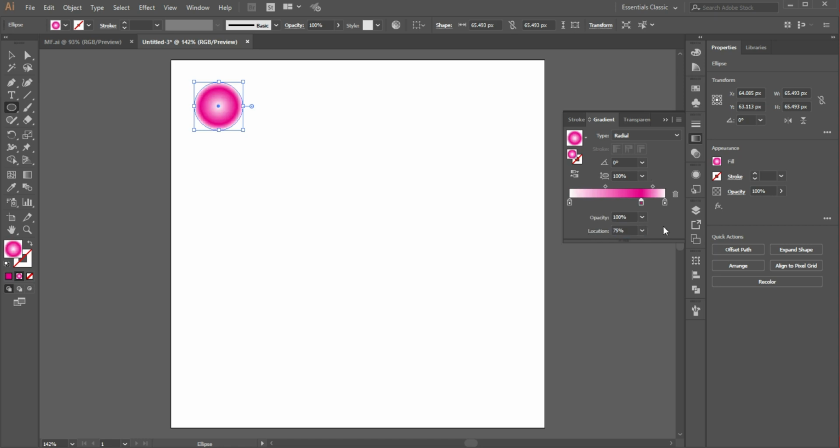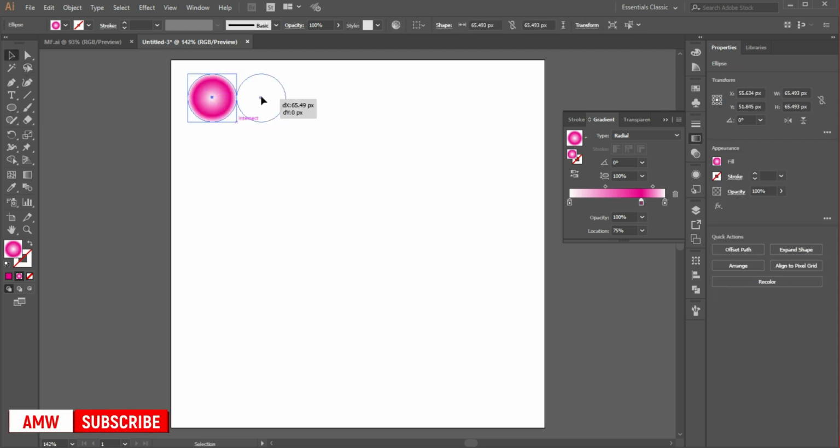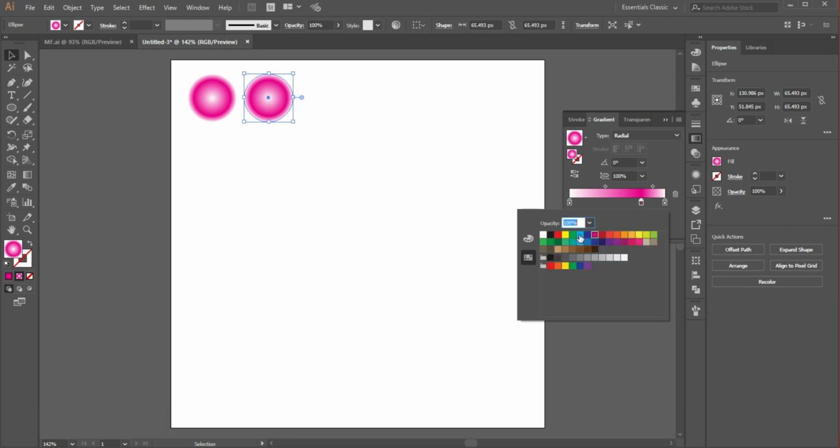then just duplicate this color gradient, then change the magenta color to cyan. We are done